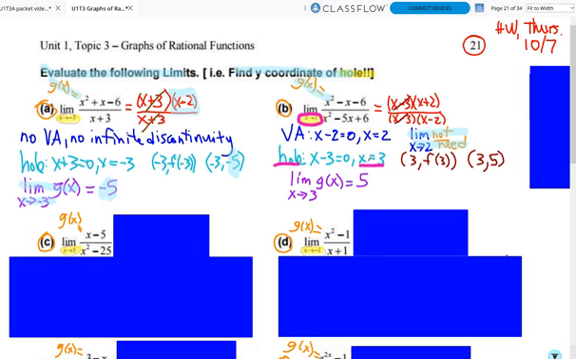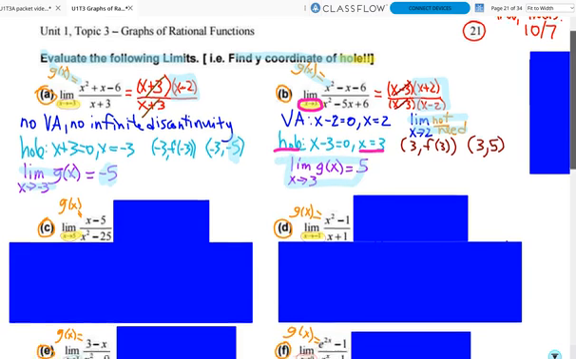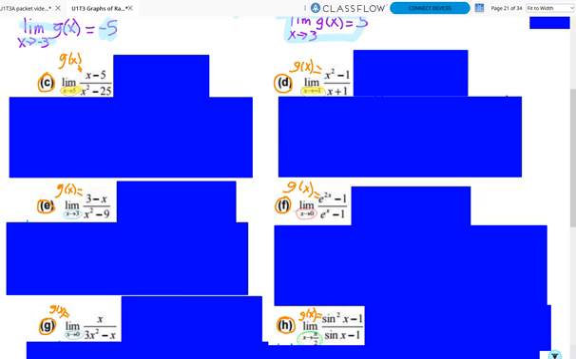Take your hole, the x value of 3, plug it into the simplified rational equation. You get 5 as your y value, and then since it is a removable discontinuity, the limit exists as I approach that hole from both the left and the right. Letter C